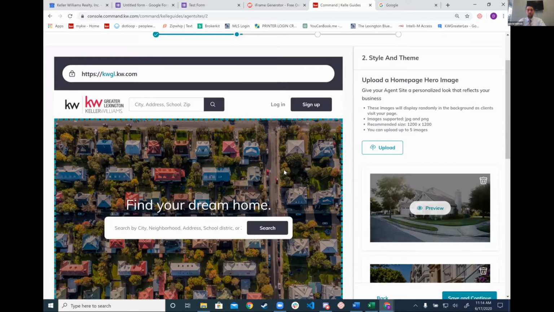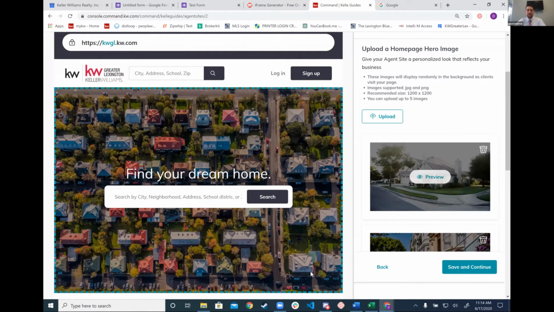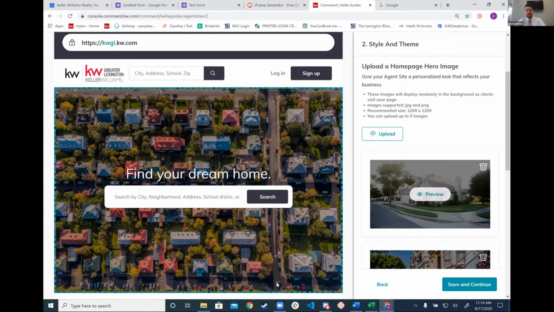Now, one cool feature that it has is you have this big image in the background. You'll find that when you go to more modern websites, this is a pretty common theme. They have one big fixed image in the background with bright text over top of it, with a slight